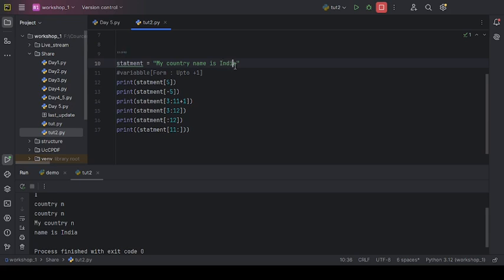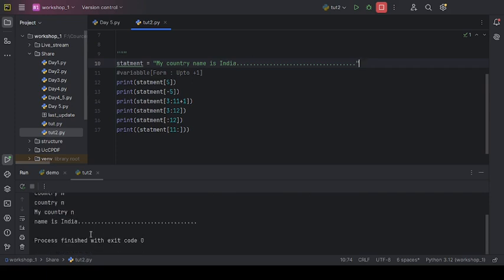Okay, if this code contains multiple full stops, it will print the entire thing including the full stop. See, up to the end of that character or sequence, Python will print in the console if we are not defining the up to value. That is it. Thank you for watching this video.